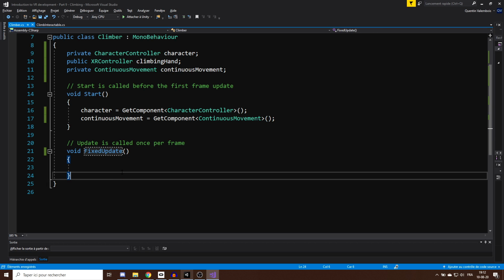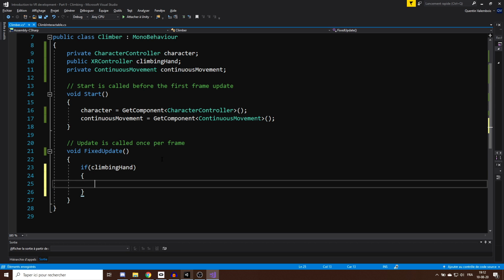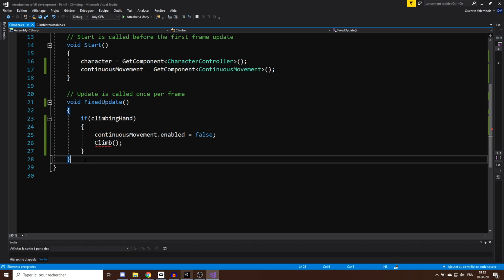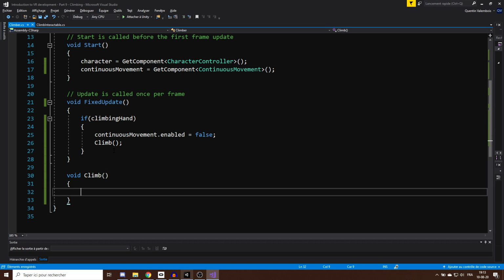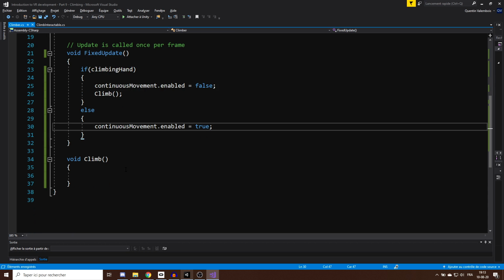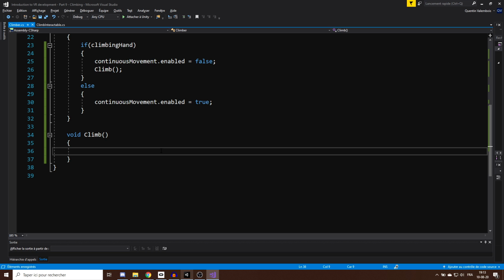This way, this will give a much smoother movement. Now, in the script, if we have a climbing hand, we want to disable the continuous movement with continuousMovement.enable equals false, and then climb. So let me just for now create a new function called climb. We'll work on it later. And when we don't have a hand to climb, then we can re-enable the continuous movement with continuousMovement.enable equals true. Perfect, we can get going with the computation now for the climbing movement of the player in the climb